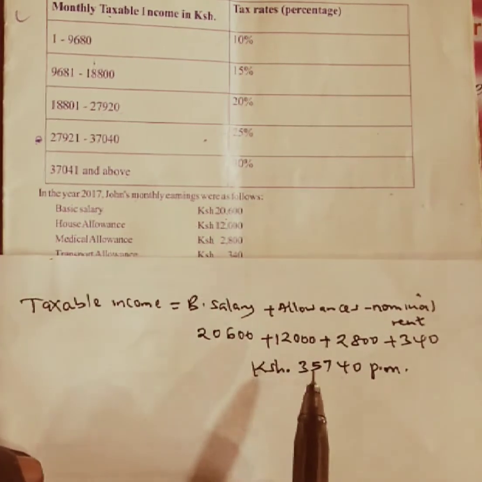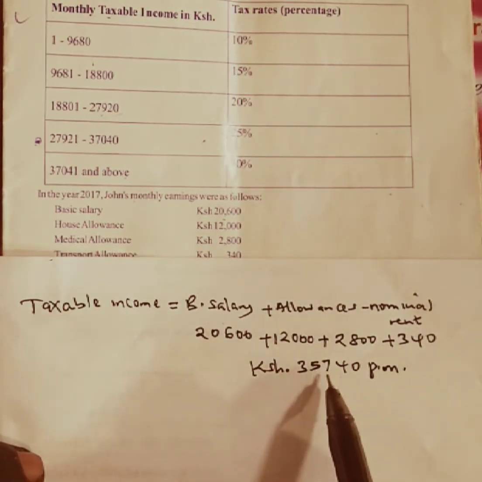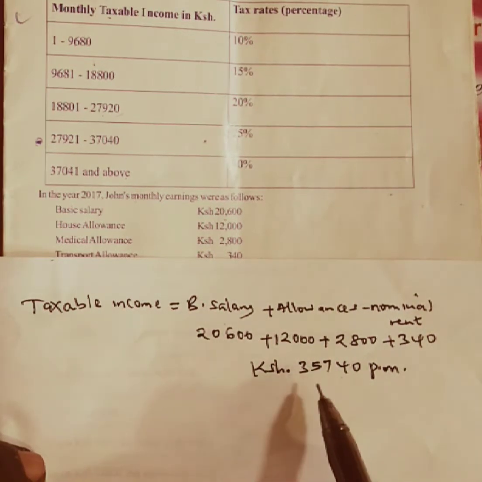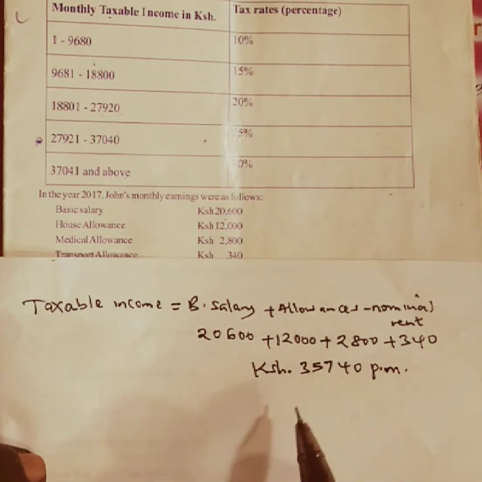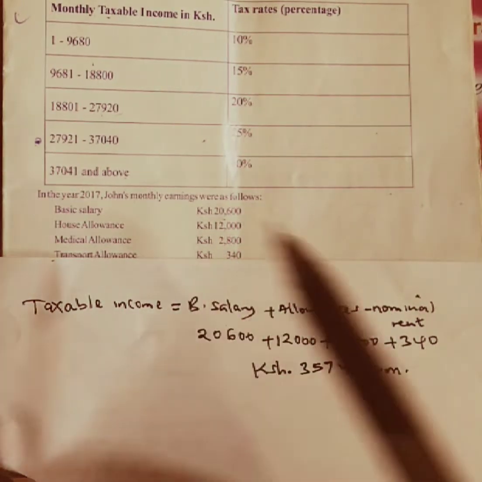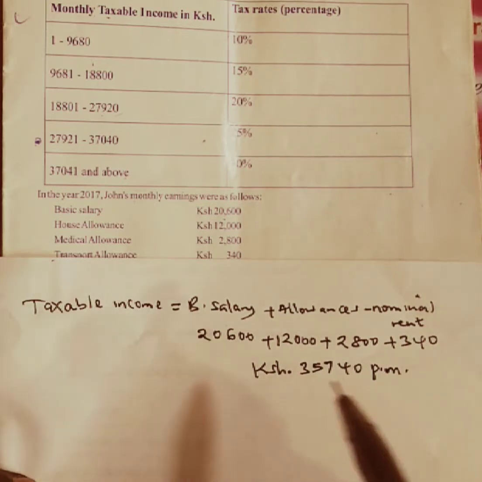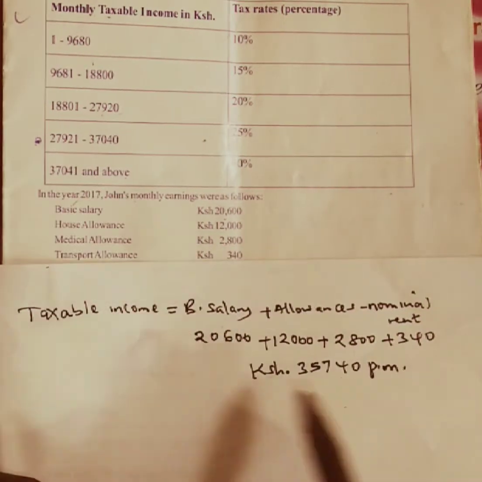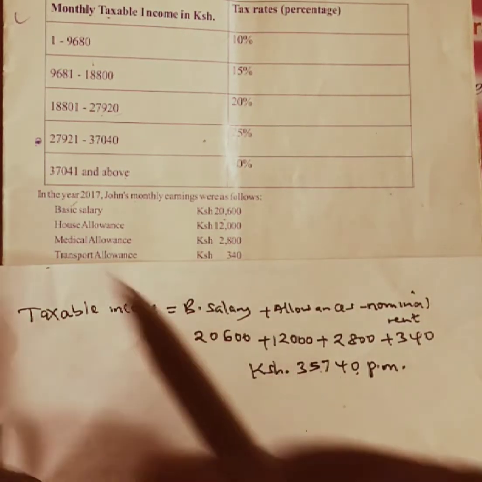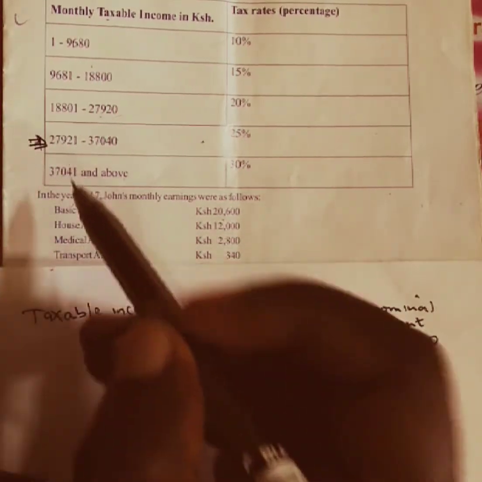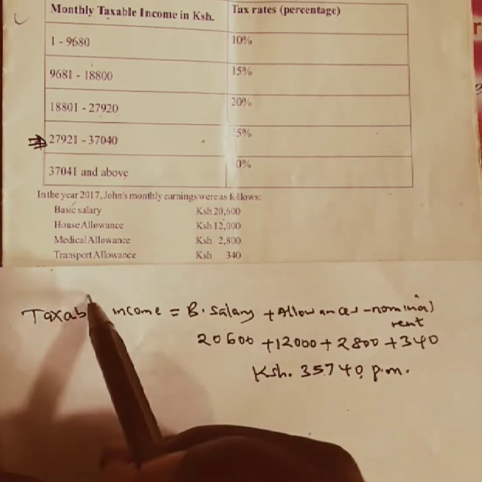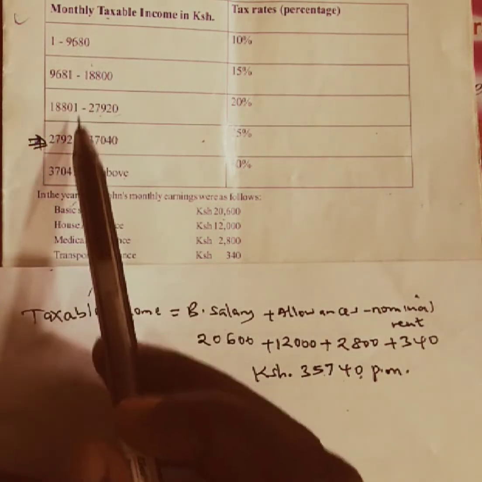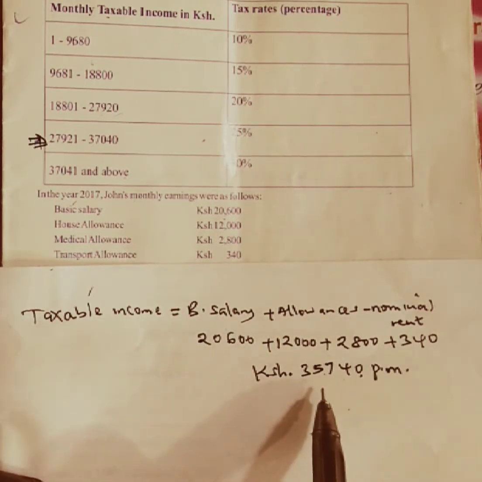Now we start taxing this amount, and for us to start taxing, you need to know that this amount cannot be taxed once, and therefore it is divided into slabs or brackets. And in this case, if you want to know where this amount lies or how many times you are going to tax this amount, you go to the table and check where your 35,740 lies. And in this case, 35,740 lies in the fourth bracket, that is 1, 2, 3, 4,